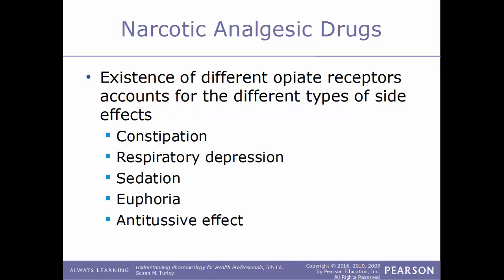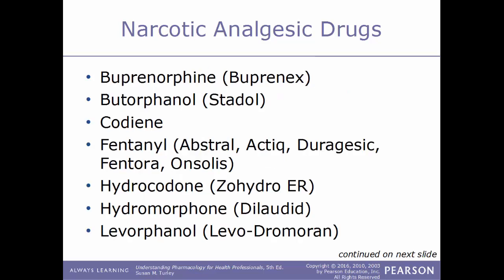Now, the existence of different opiate receptors accounts for the different types of side effects. So some common side effects that people have with narcotics would include constipation, respiratory depression, sedation, euphoria, and antitussive effects. There's a good number of narcotic analgesic drugs, and some of these drugs would include buprenorphine, which is sold under the trade name Buprenex, butorphanol, which is sold under the trade name Stadol, codeine, fentanyl, which is sold under multiple trade names including Abstral, Actiq, Ventura, Onsalis, Duragesic, hydrocodone, sold under the trade name Zohydro-ER, hydromorphone, sold as Dilaudid, levorphanol,